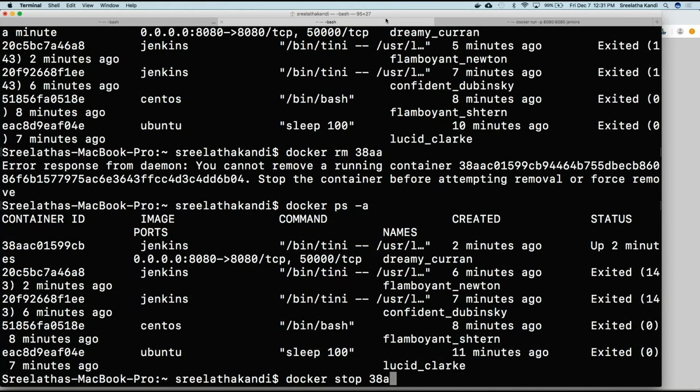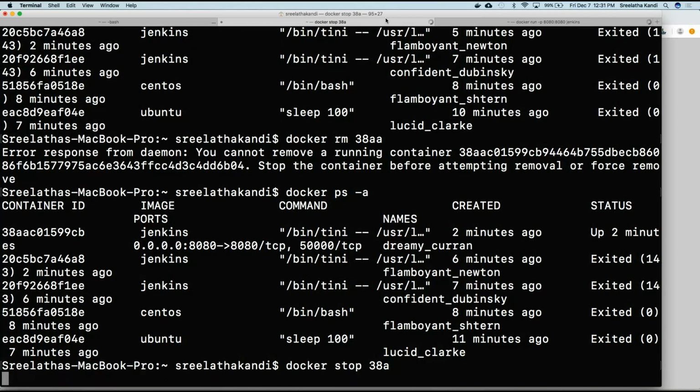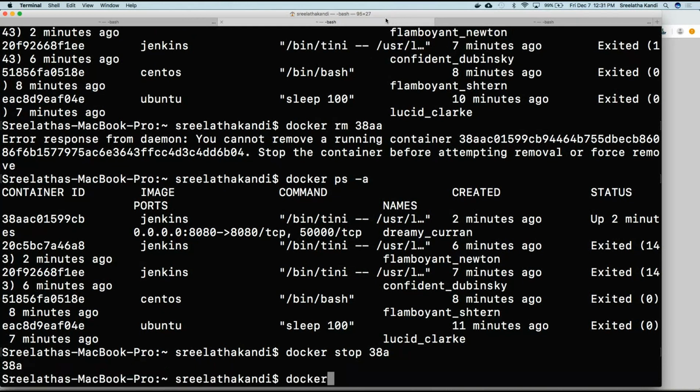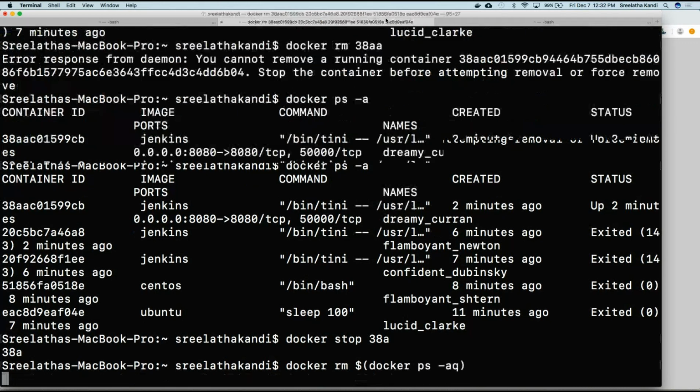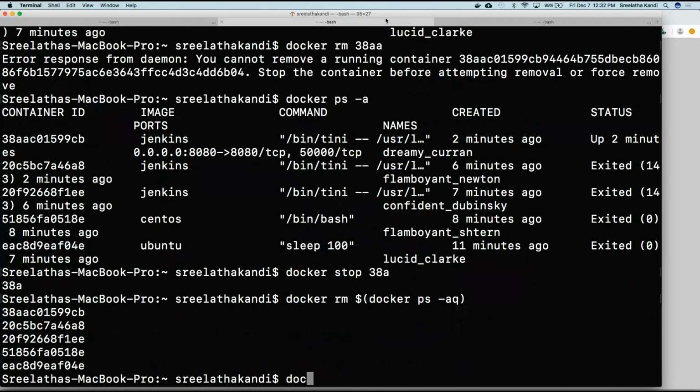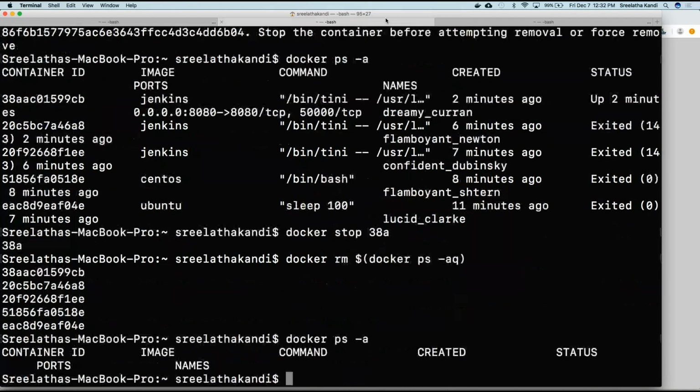Docker stop create a. So I just want to remove all the containers that have been created. So I do this, then it removes all containers. Now let's go ahead and run Docker Jenkins by doing a port mapping using the -p option, and the -v option is what we use